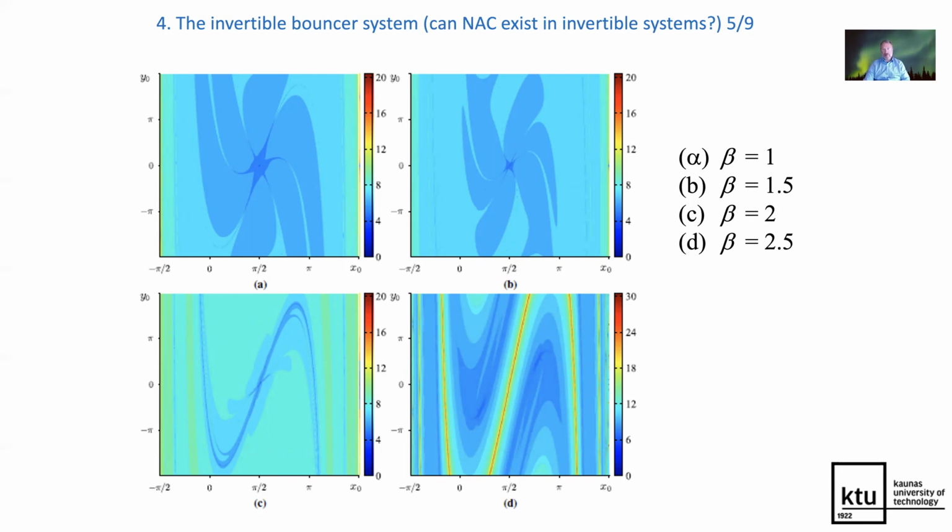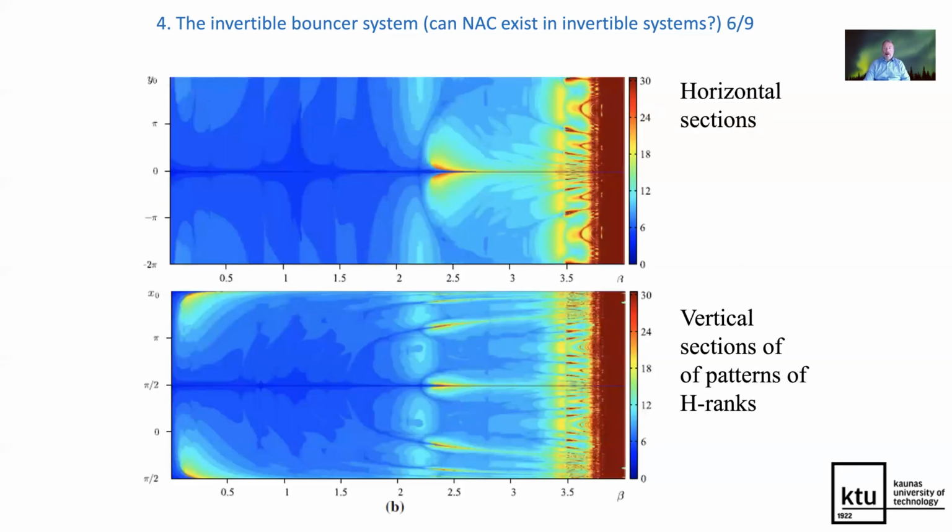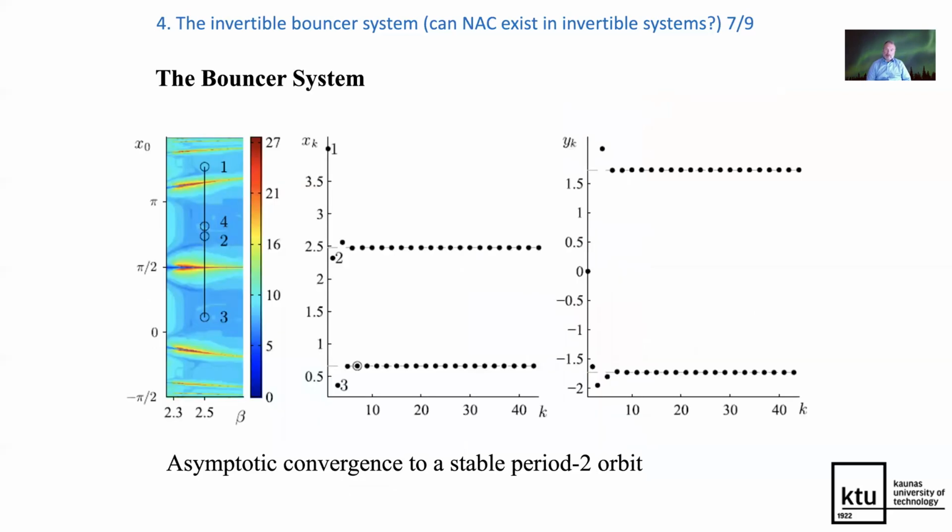So we have 2 different images of the pattern of H ranks. And if we couple all these images when the parameter beta is allowed to vary continuously, the horizontal sections and the vertical sections of patterns of H ranks produce such interesting plots. And what is strikingly interesting is that the bouncer system, the completely invertible system, well, first of